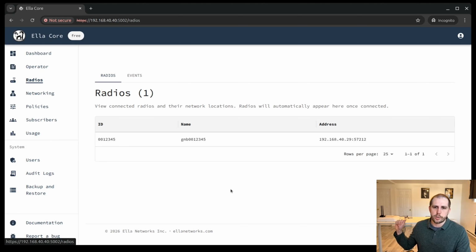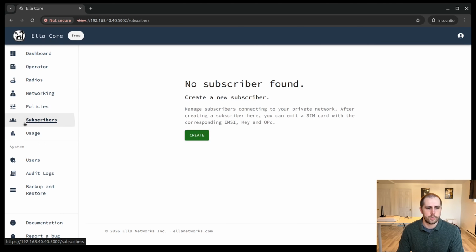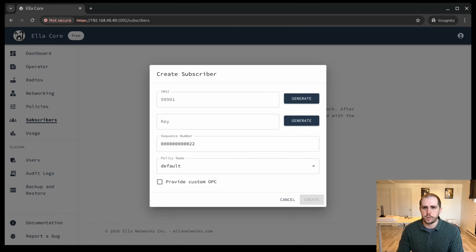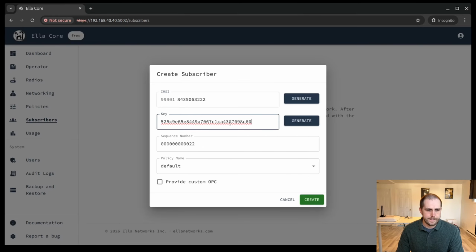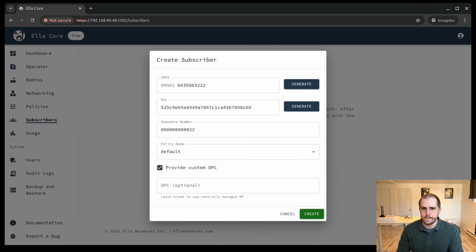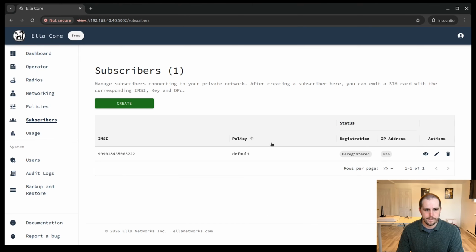That is because this radio is configured with the Raspberry Pi's address as its AMF address, and it's already started as well. So we'll also need to create a subscriber. And here I will paste the values that I used to burn the SIM card.